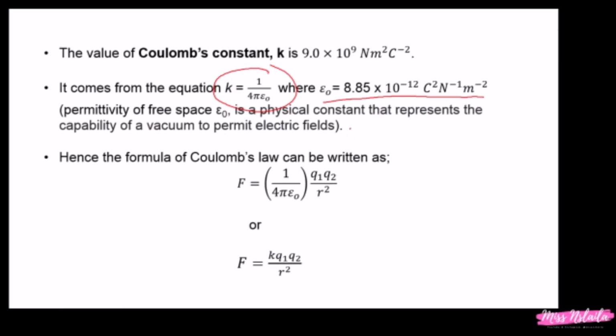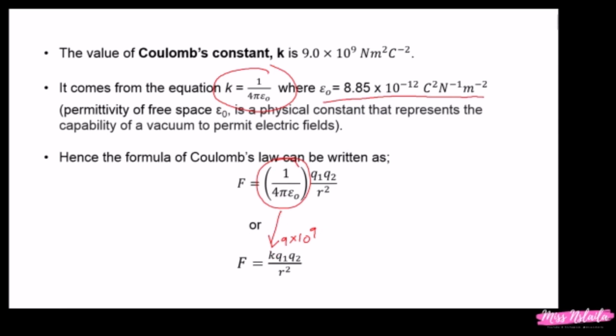to permit electric field. When we do an experiment, kita mesti nak pastikan the situation or the area or the condition is constant. We want to make sure that the condition is not affected by surroundings. Hence, the formula of Coulomb's law is actually written as F equal to, in brackets, 1 over 4 pi epsilon naught, times Q1 Q2 over R square. But since we already calculated the value of this, kita dah simplify it, it becomes K or 9 times 10 to the power of 9. So tak perlu nak gunakan ini dah, sebab kita dah already calculate in this bracket to make it as a